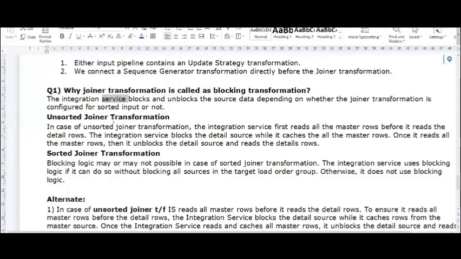In the case of an unsorted joiner transformation, the integration service first reads all the master rows before it reads the detail rows. It blocks the detail source while it caches all the master rows. Once it has read all the master rows, it unblocks the detail source and reads the detail rows one by one. Suppose you use a sorted joiner, then the blocking logic may not